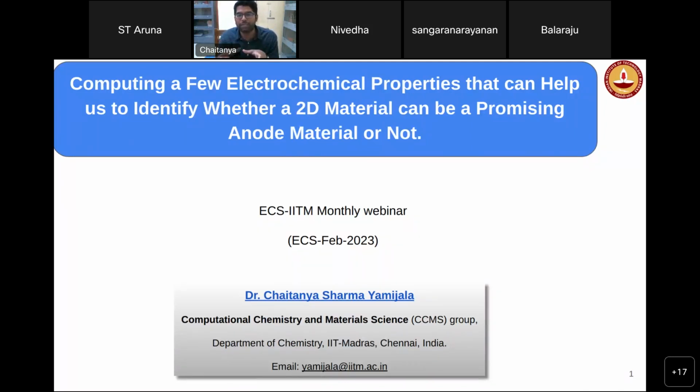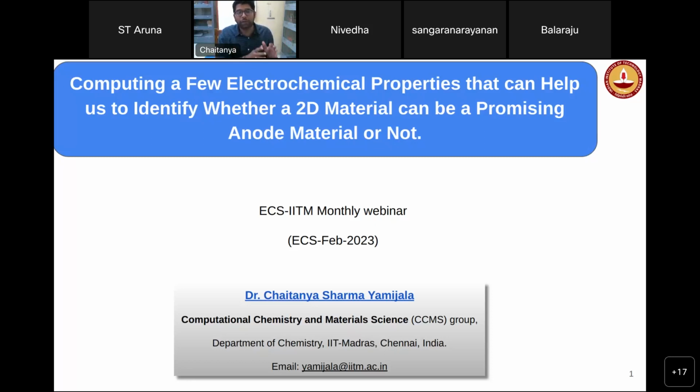Whether a specific 2D material can be a promising anode material or not. Obviously, all of you will know that any battery has an anode material and a cathode material, and we are concerned only with the anode material here. Specifically, we are trying to see whether a 2D material like graphene, borophene, or the many other kinds of 2D materials available right now